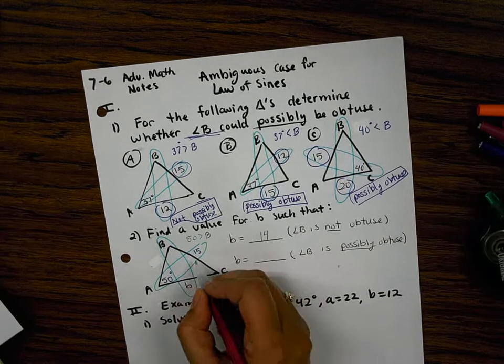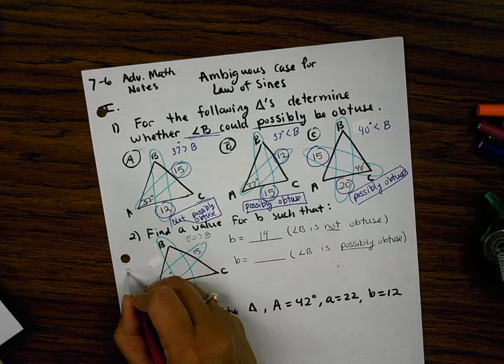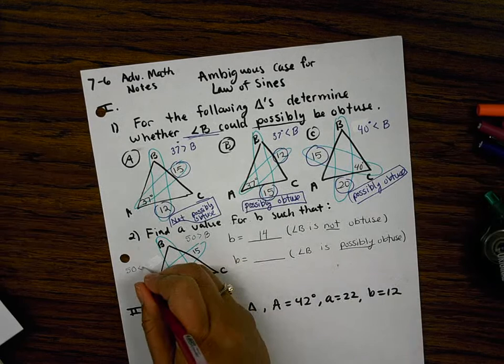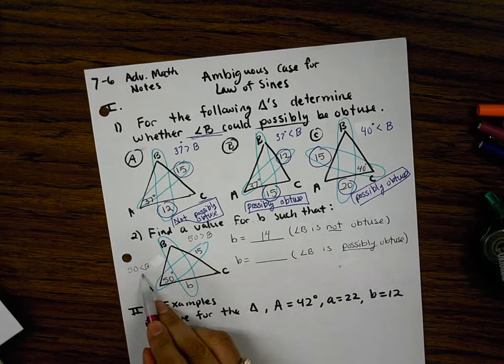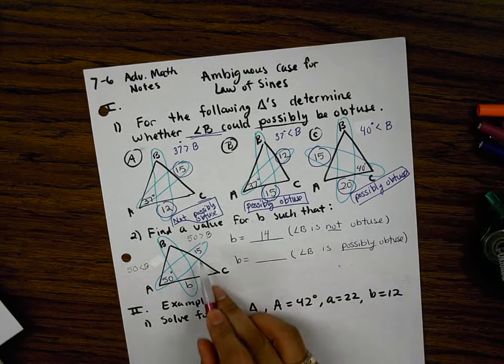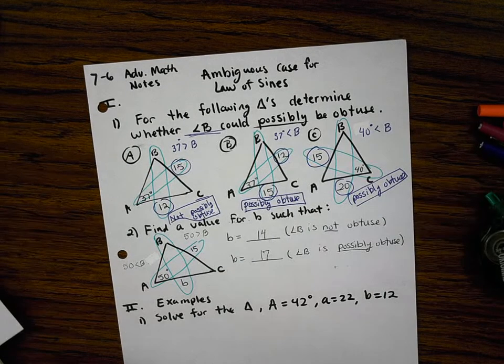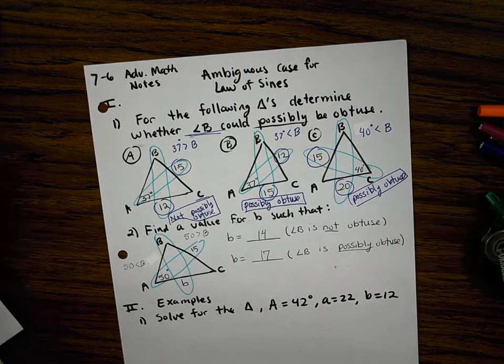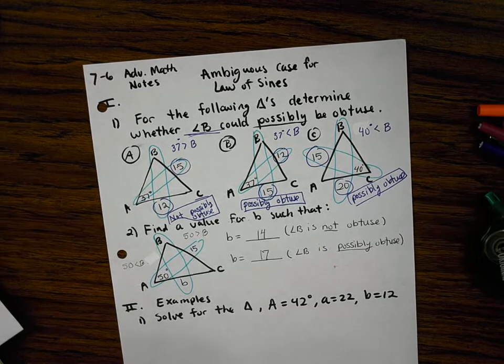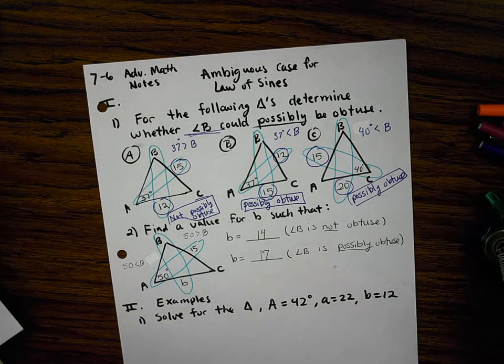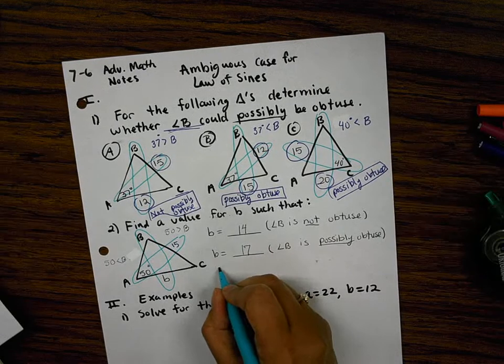All right, for it to possibly be obtuse, that means that 50 would have to be less than angle B. That means B would have to be bigger, which means side B would have to be bigger. So I would say like 16 or 17, any number bigger than 15. All right, the reason we do all this is because